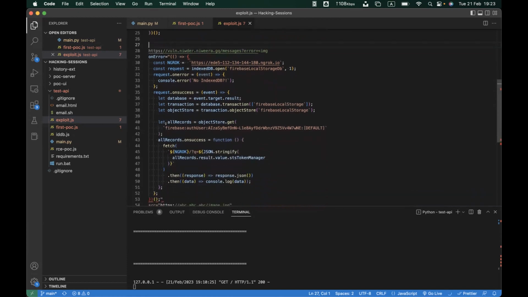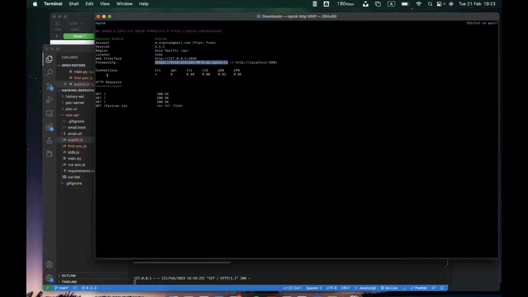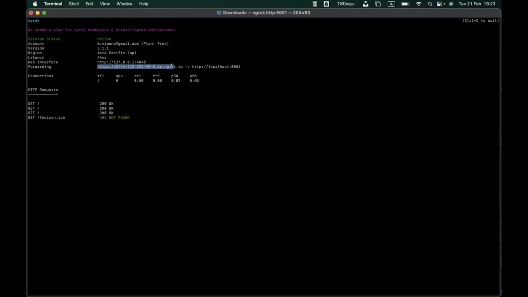What we are going to do is, when the admin clicks a link in his email, the email will redirect to this platform, and then it will send his access tokens to the hacker's server. So for that, I will use this hacker server that we are going to send the